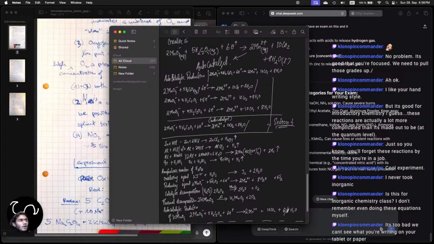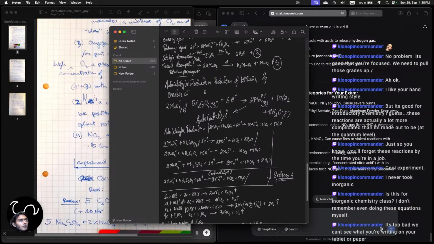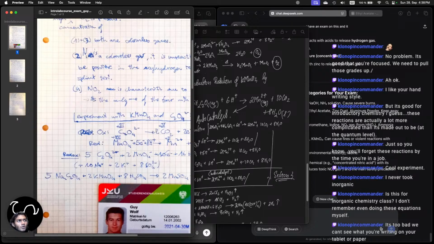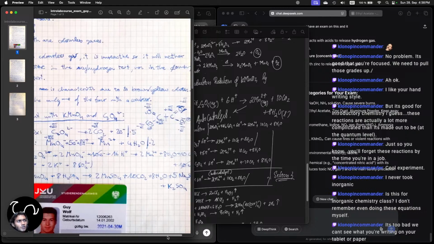Yep, it's autocatalytic reduction. Autocatalytic reduction of iron by oxalic acid. Okay. I don't know, there's no autocatalytic reduction mentioned here, but